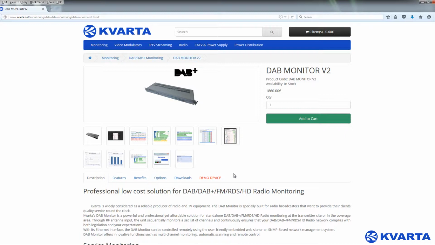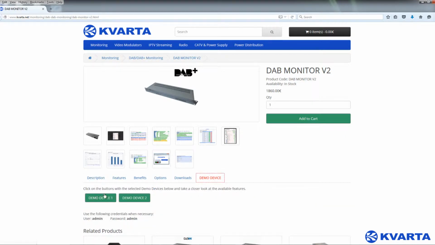Our devices are used by major radio and television broadcasters around the world, and today I'll be showing you a quick tutorial on how to install and use one of our DAB monitors V2 for radio monitoring. Now, before I start the tutorial, I'd just like to say that this is one of our demo devices. It's located in our office, and anyone can have access to these demos from our website at